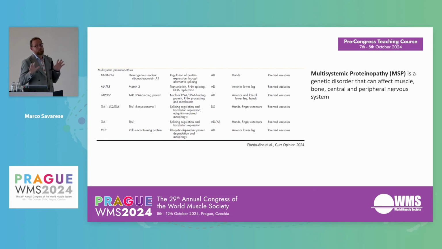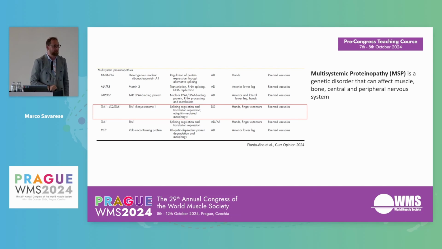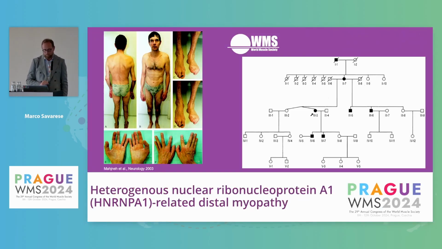There is, again, no consensus for the definition, and to be honest, there is no consensus on the list of genes to be included in this category, but the interesting part is that the genes here are all related either to transcription or to splicing and mRNA processing or to protein quality control. Another interesting aspect is that in this small list there is the first example of digenic inheritance, TIA1 plus sequestosome, but I will go back to this in a while. Let's start with